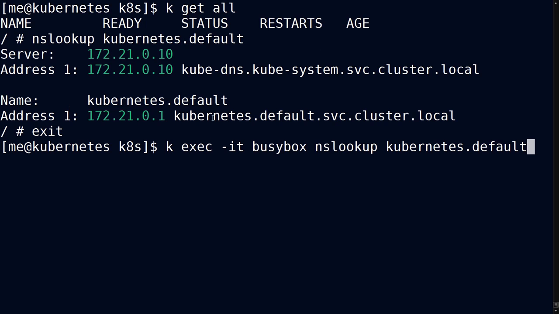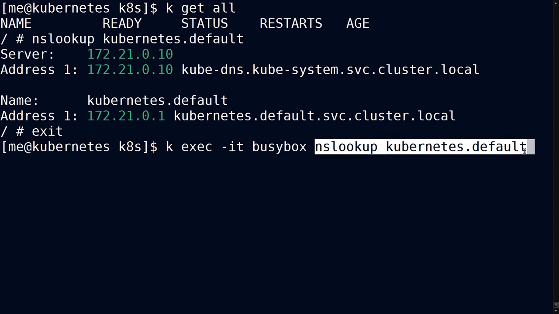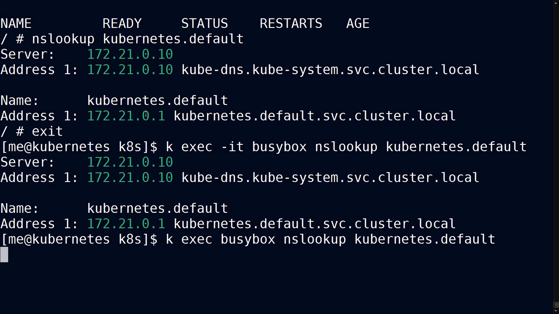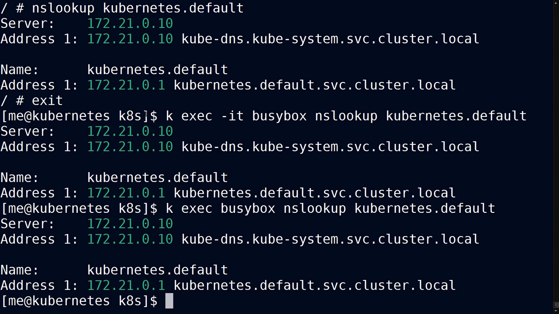And just like Docker, you're really not supposed to be opening up shells directly to these pods. Instead, you should be running commands like this, where you just give it the command at the end of the line, and that will give you the same result. But notice that you do not need the -it in these cases. You're not running it interactively, and there's no terminal required, so you really should run it like